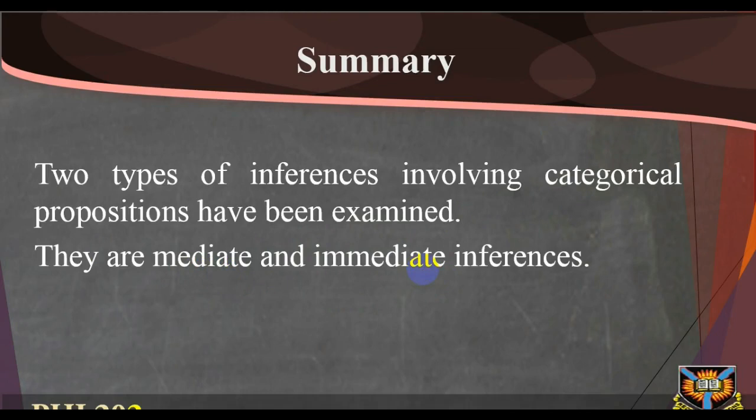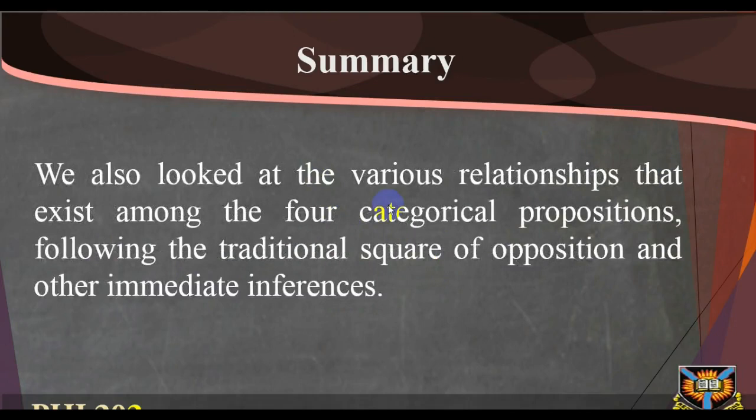We have looked at the various relationships that exist among the four categorical propositions, following the traditional square of opposition. You learned how to determine the value of other categorical propositions once the value of the one to which they are related is given. We concluded by looking at other immediate inferences that can be drawn by using the notions of conversion, obversion,